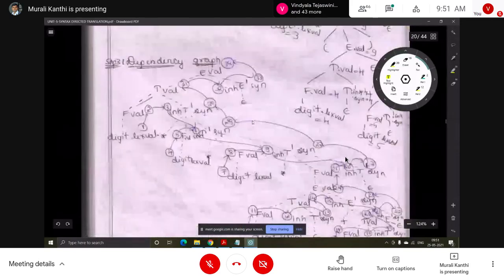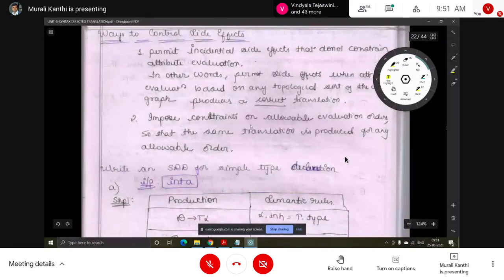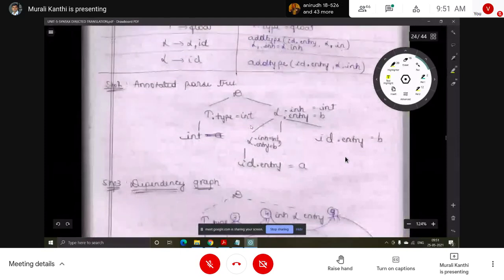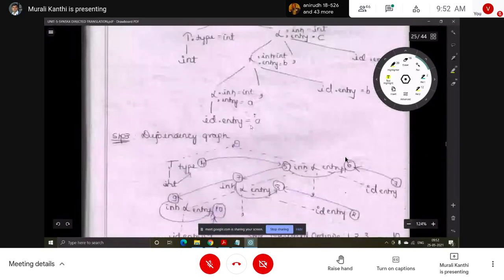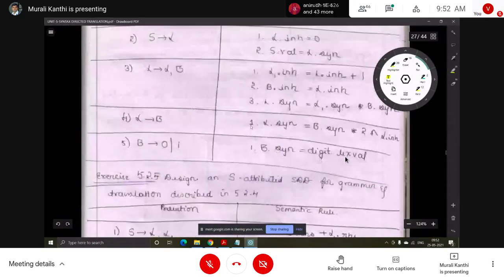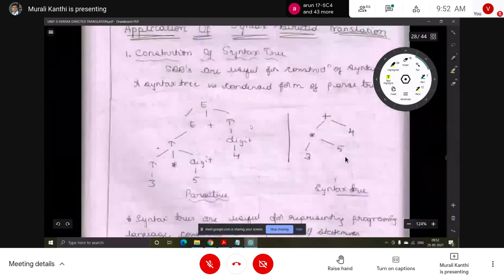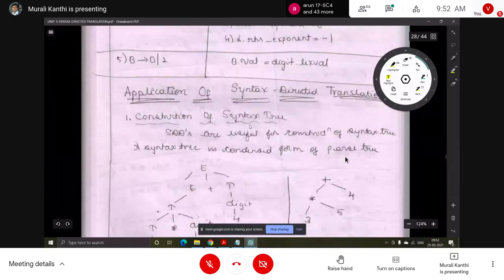The next topic is applications of syntax directed translation. One application is the construction of syntax tree.